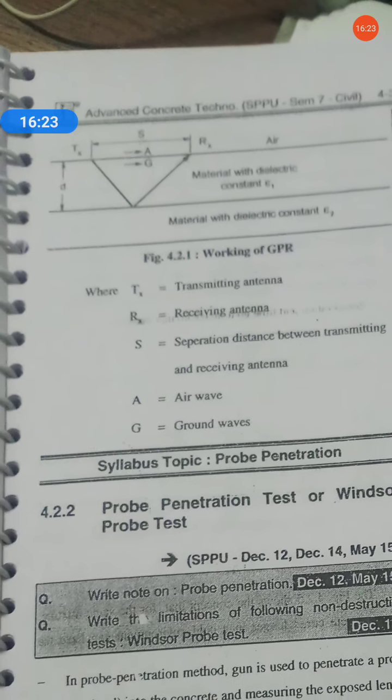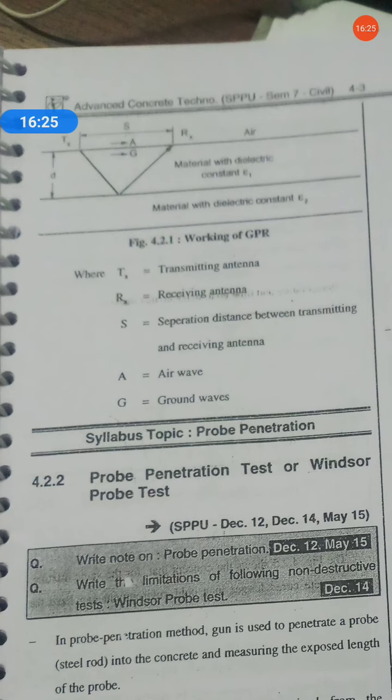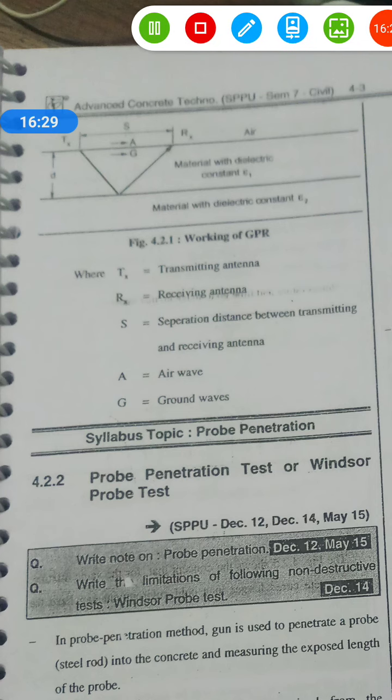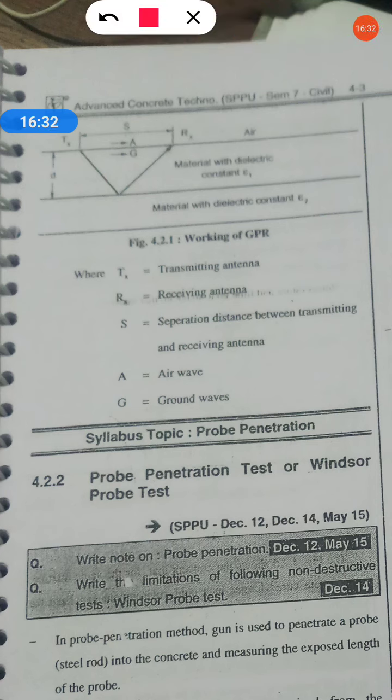So this is just a diagram about GPR. See, this is the medium, air, and this is the material, okay. TX is the transmitting antenna, meaning GPR is situated here, and RX is the receiving antenna.